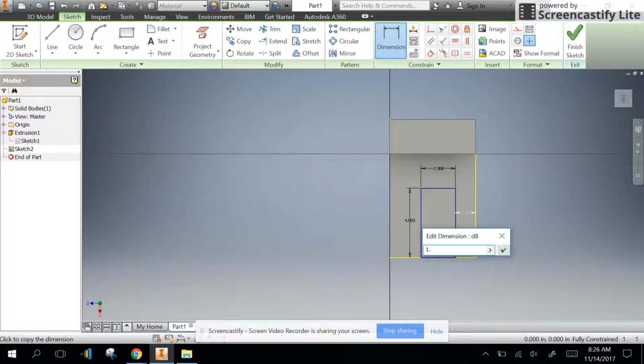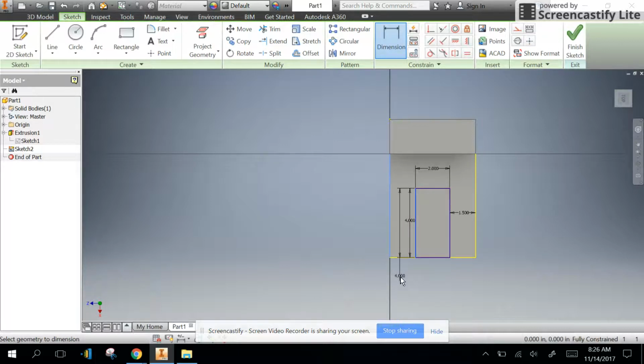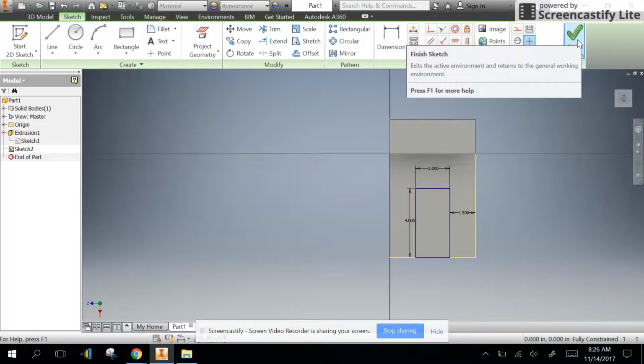It was 1.5 in this direction. Now that I've done that, well, if this object is already 5 wide, this is 1.5, this is 2, then this has to be 1.5. It's fully constrained. And even if I wanted to dimension this, it's going to be over constrained. So now I've drawn the rectangle I want to cut out, and I'm going to go ahead